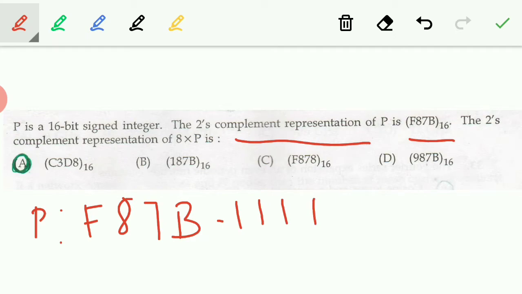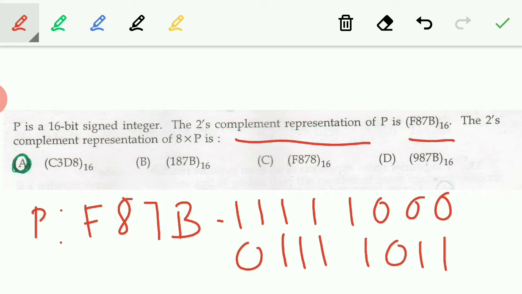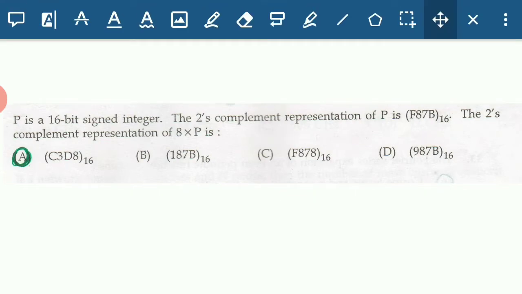Right. This is F8. Next 7. B is 1 0 1 1. F87B we have written. But the thing is, it is a 2's complement. We want to get the original number. So if you want to get the original number, again take the 2's complement of the same number. If you get the 2's complement of the same number, what you get is,